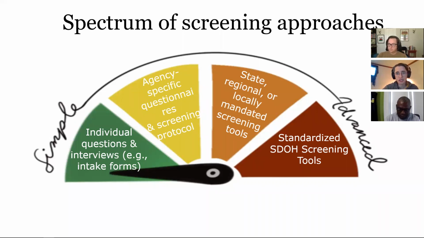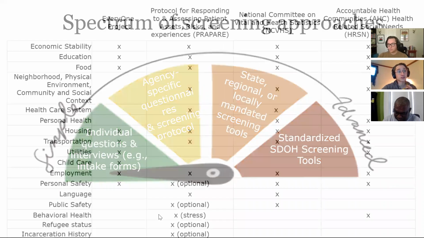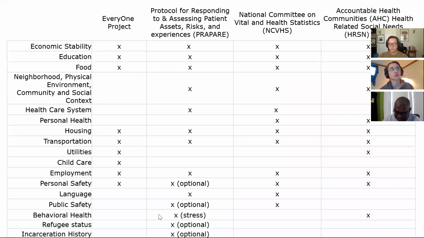So just briefly, a little bit about what we mean when we talk about standardized SDOH screening approaches. And this is not meant to go super in depth, so I hope this isn't overwhelming, but we show these 4 examples of SDOH screening tools that we know health centers are using and using successfully. Some of you on the call will likely be familiar with the one in the second column here, the PRAPARE tool, which we know a significant amount of health centers are using.